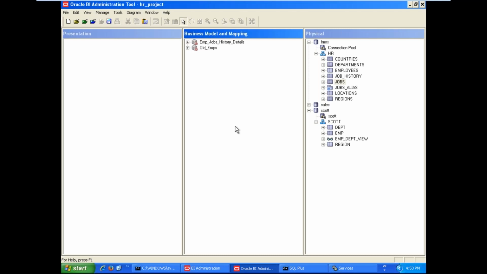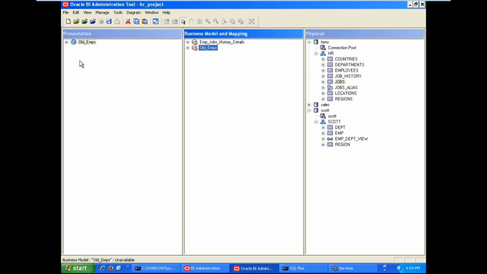Once business models are derived in the BMM layer, the next step is we need to make them subject areas in the presentation layer. What is a subject area? A subject area is nothing but a collection of presentation tables. How exactly is this content visible to the end users? So we need to modify it according to end user convenience. We can modify the subject area as well as the presentation tables available in the subject area into an end user readable format. Actually, who is the end user?